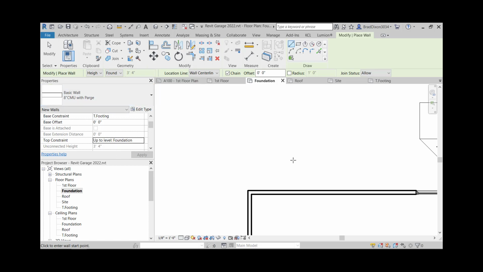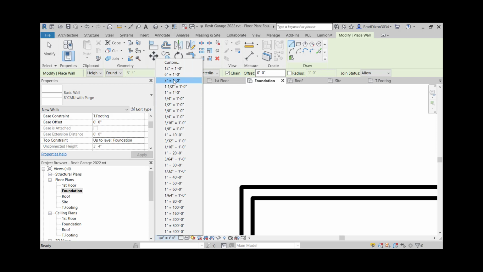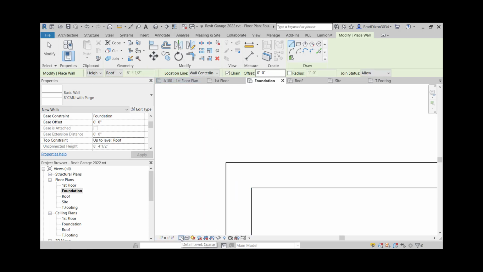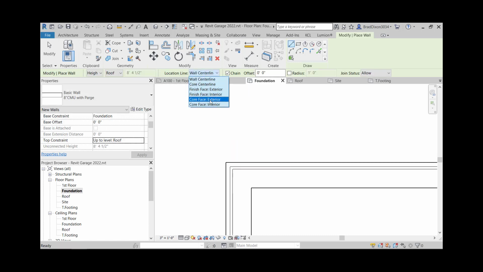So I'm going to start, and I could offset this if I need to, and I'm going to do a couple other things. I'm going to bump up my scale, and I'm also going to change my detail level to fine, so I can kind of pick the lines that I want to go with. So I'm going to start right here on the end point of this line. Yeah, that's not even close. Okay, so I didn't change the wall center line, so I'm going to line up core face exterior, which would be that one,